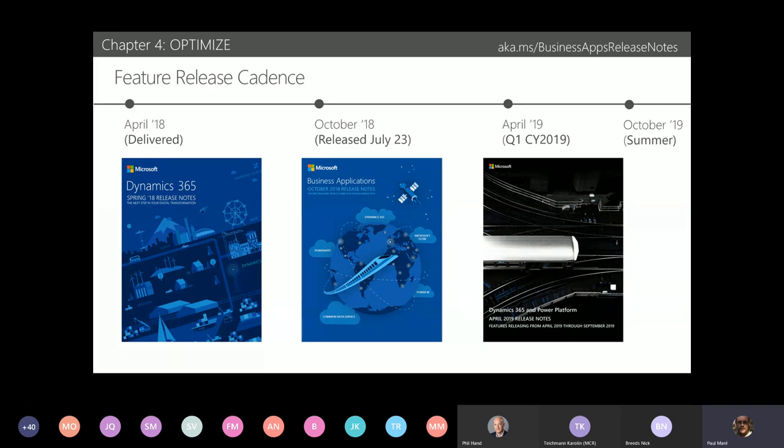We now publish a pretty serious document, I think it's now heading for 200, 300 pages, which gives us the release notes. And our cadence is basically the April and October timeframe. So you expect every 6 months to see a major release from us. And the release notes that we have there,